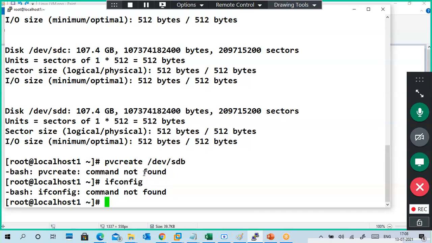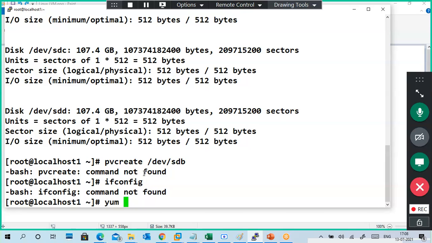Now I am going to install the LVM related package. Don't worry if you don't understand yum installation; I will explain all the yum stuff again, how it works and everything.